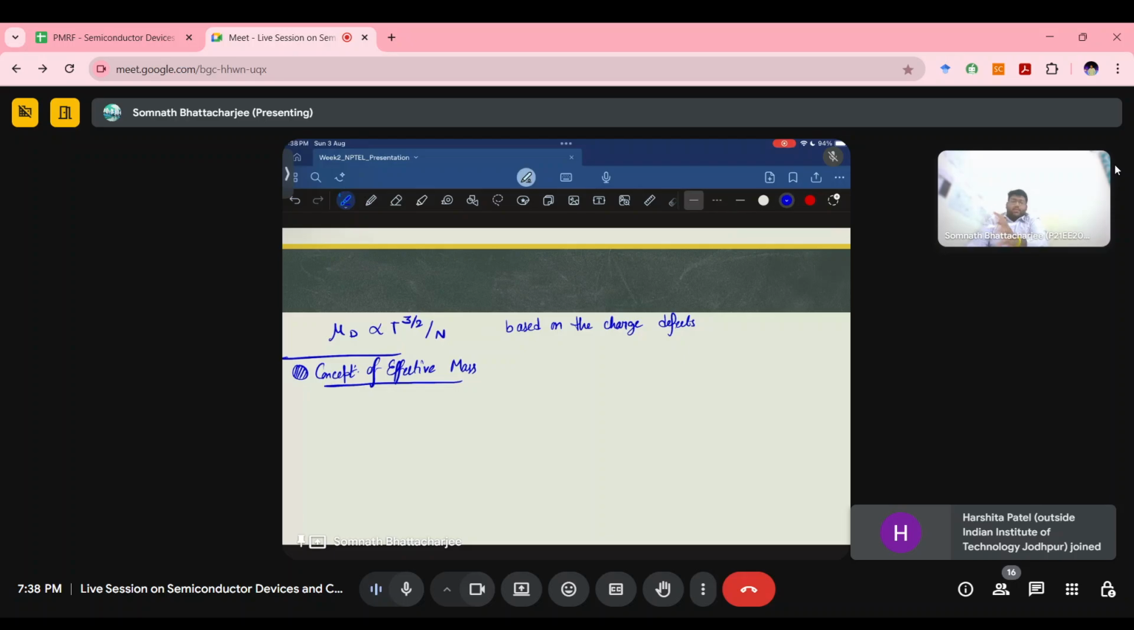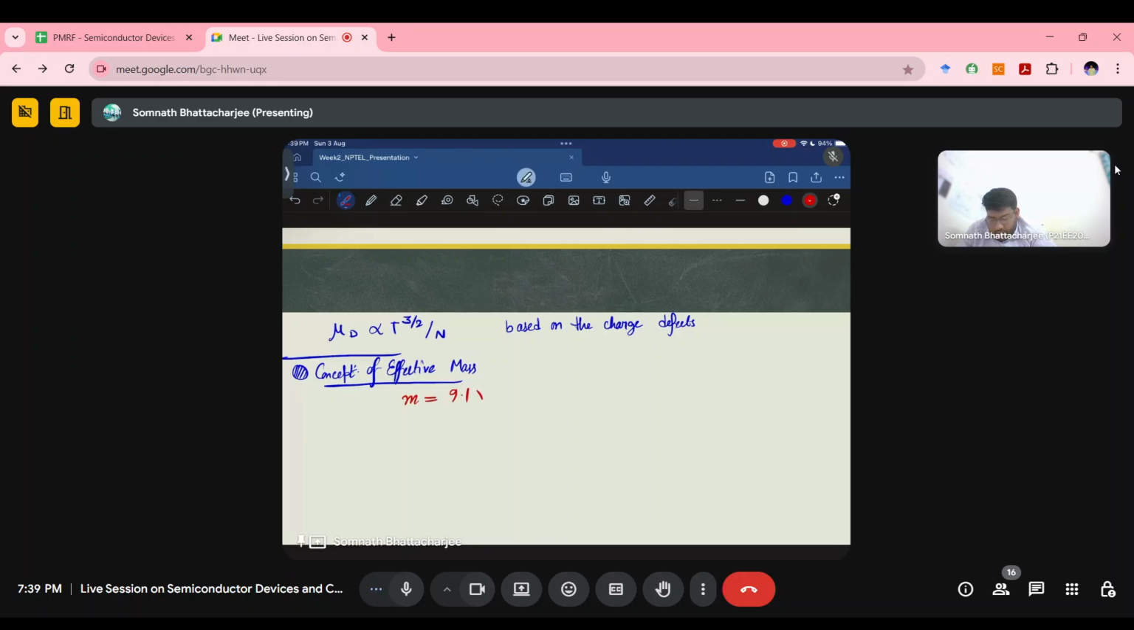So there are two concepts: the concept of rest mass and the effective mass. The rest mass of an electron is the mass we consider, that is m, 9.1 into 10 to the minus 31 kilogram. Whereas,